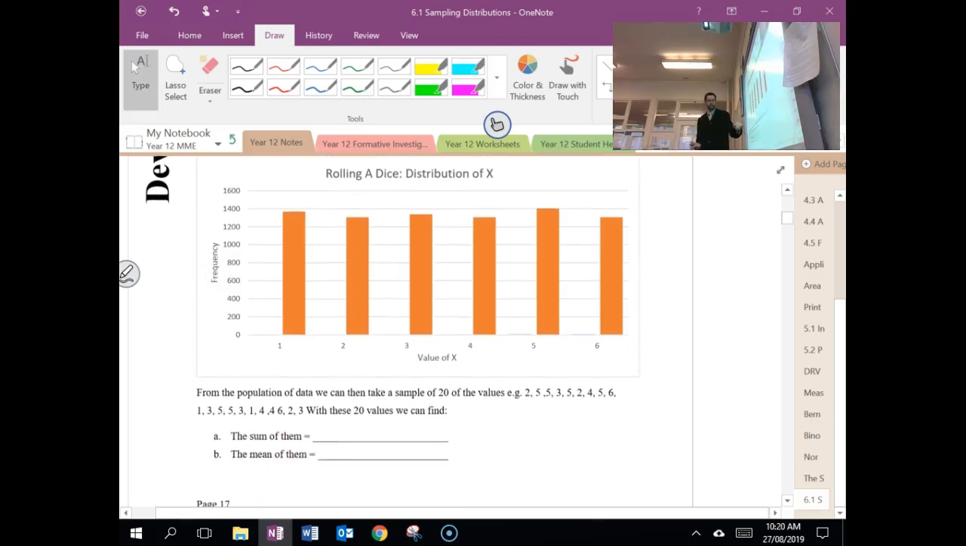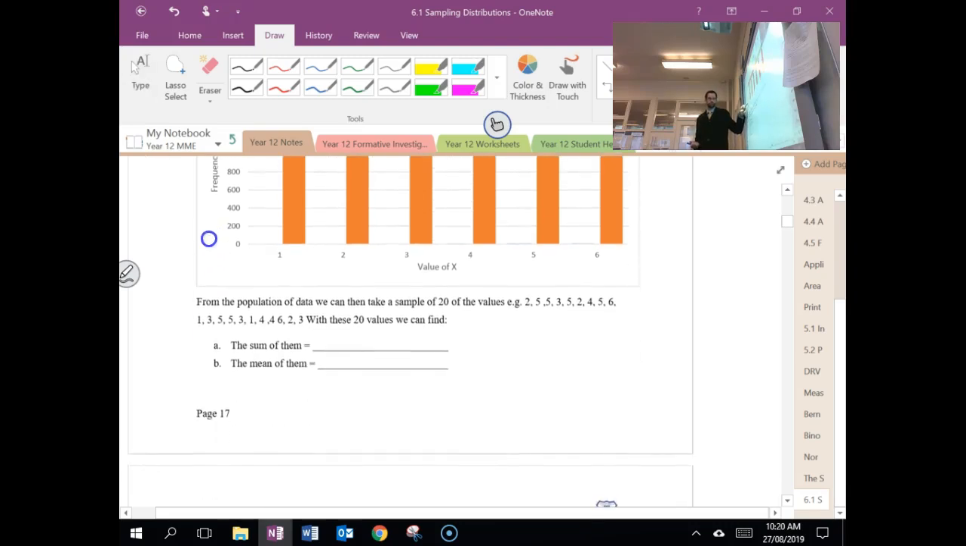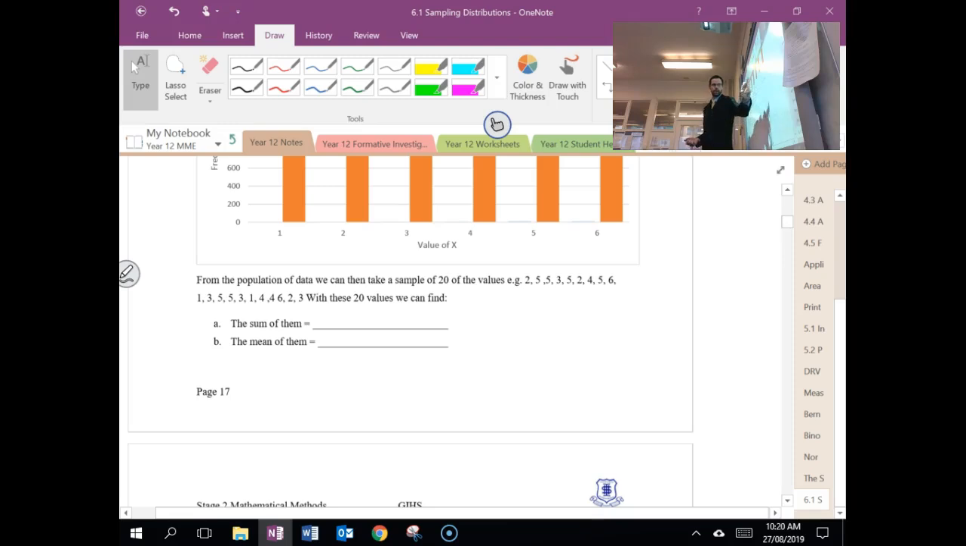So I could take a sample of 20 values. These 20 values right here: 2, 5, 5, 3, 5, 2, 4, 5, 6, 1, 3, 5, 5, 3, 1, 4, 4, 6, 2, 3. With these 20 values, we can find the sum and we can find the mean. You've been given those 20 values at the bottom of the page. I want you to find the sum and find the mean. So the sum is 74,